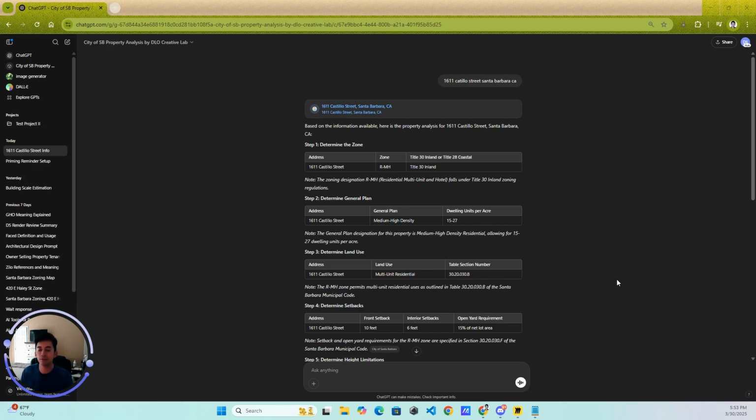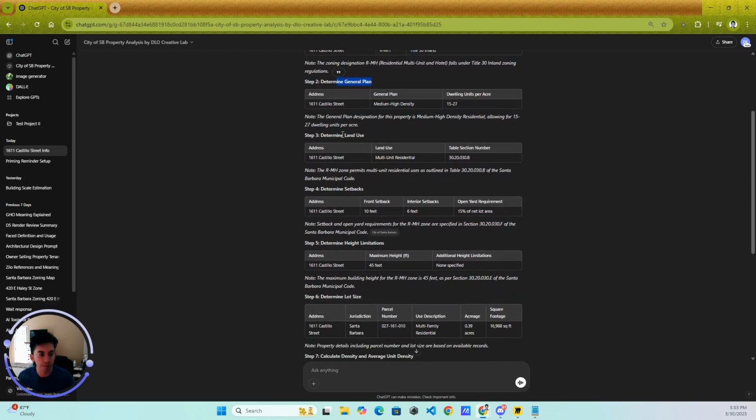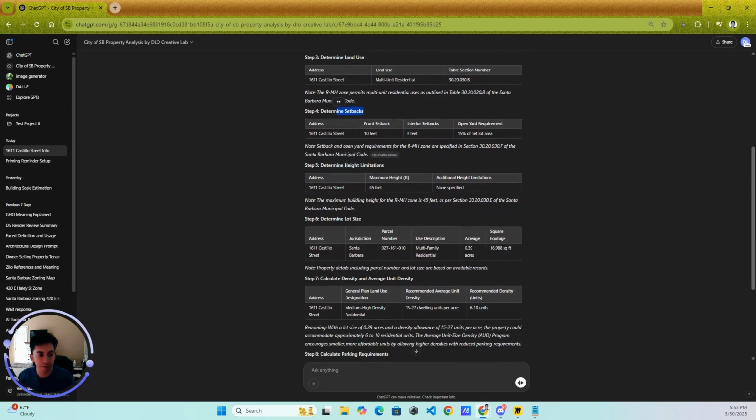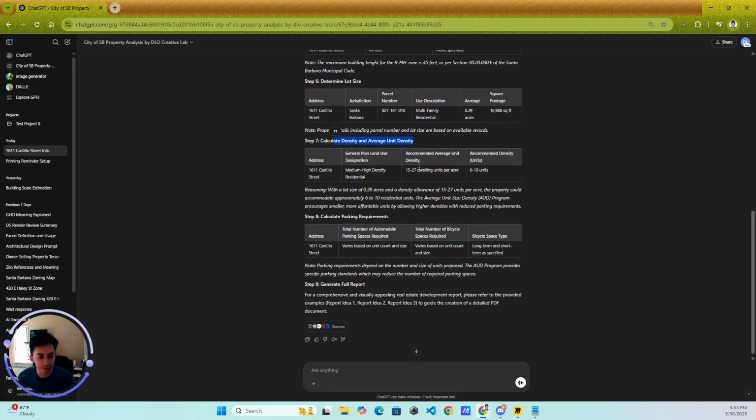So instead of me every time I go to a project asking the same question, say 5 to 10 questions over and over again, how can I just type an address and it automatically creates a form for you that already has the address, APN, zone? For instance, here in the example, I automated this custom GPT for it to give me already the zone, the general plan, the land use, the setbacks, the height limitations, the lot size, the calculated density,